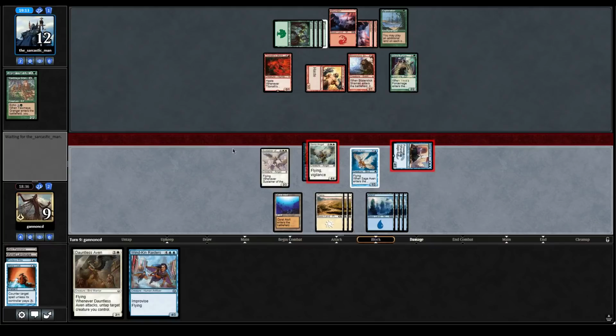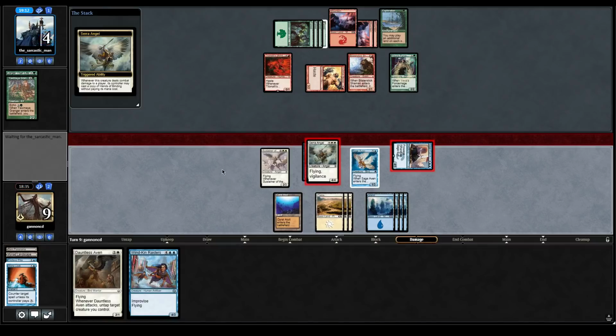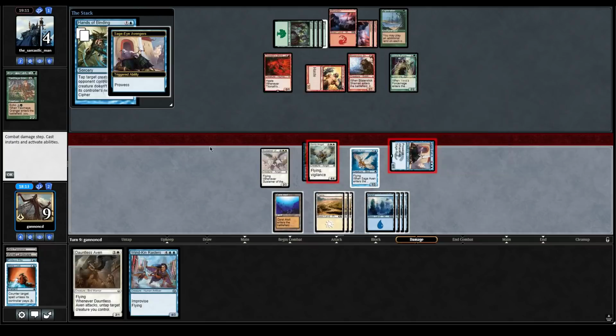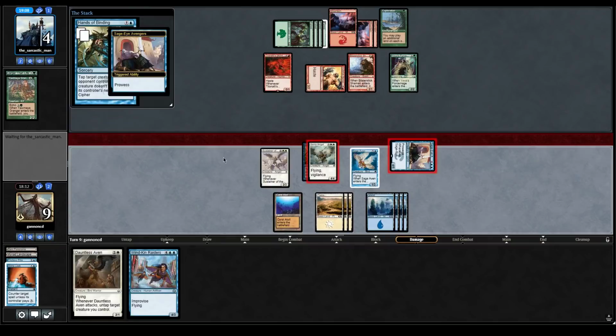Okay, that is their best play. And we're gonna keep down the 3/2 tapped. Trying to think of what absurd flying creature they could possibly have. Like, what hasty... I'm just gonna tap this. I don't know what hasty nonsense creature they could possibly have here, but I think that's their only way to